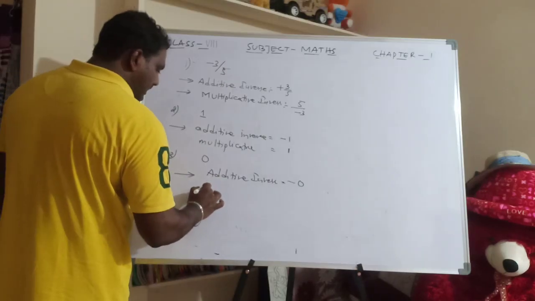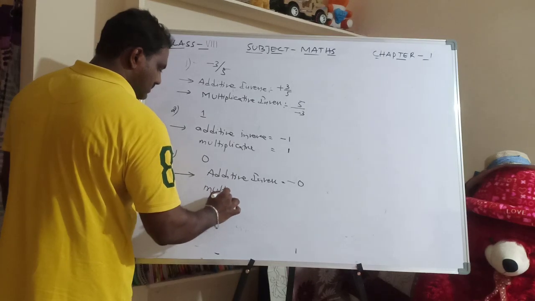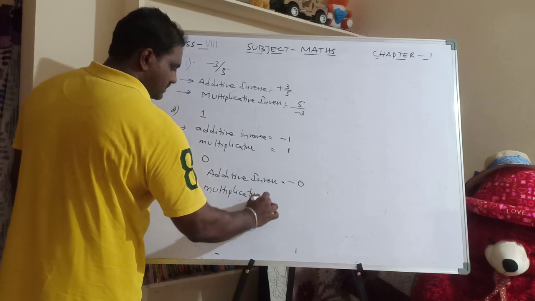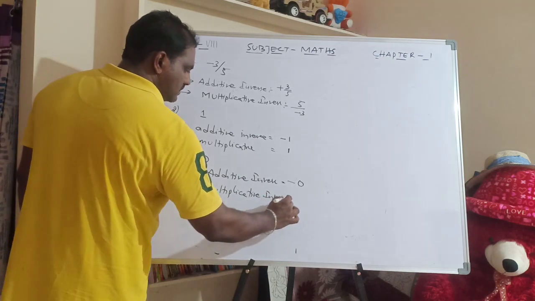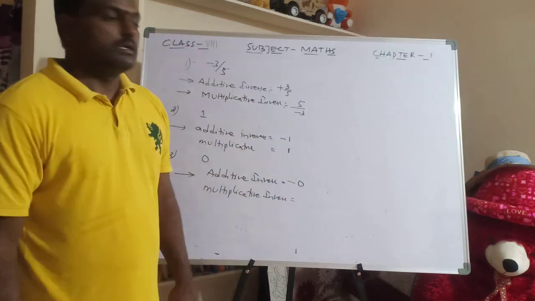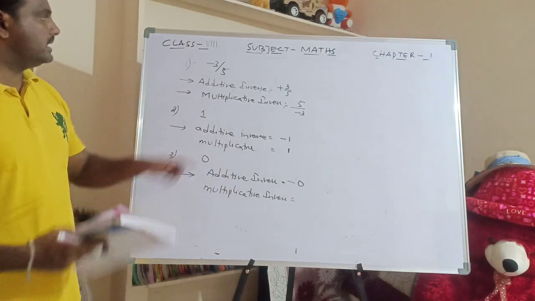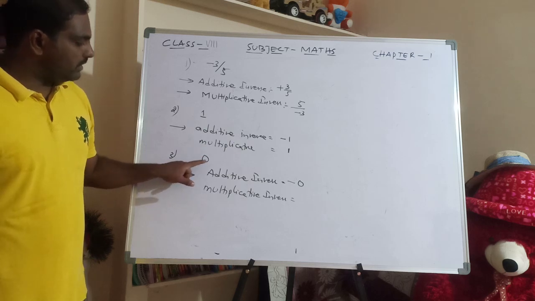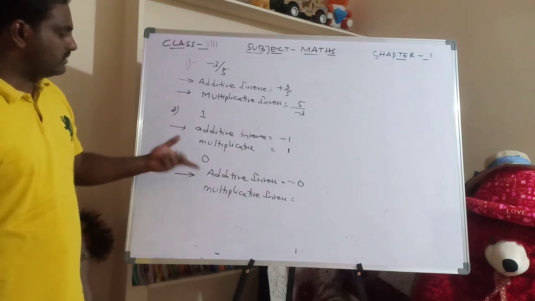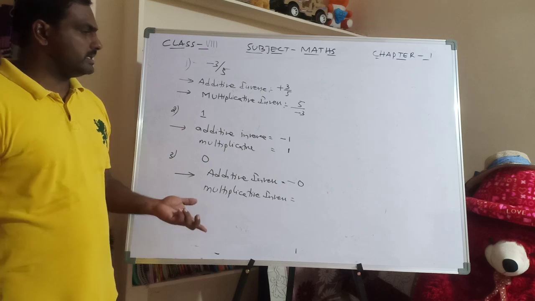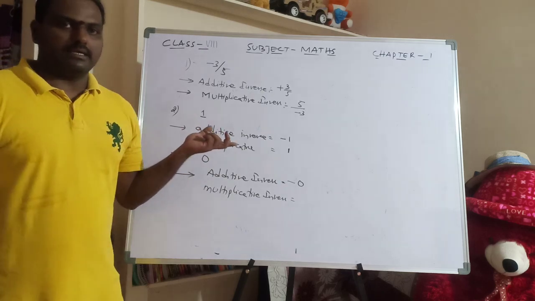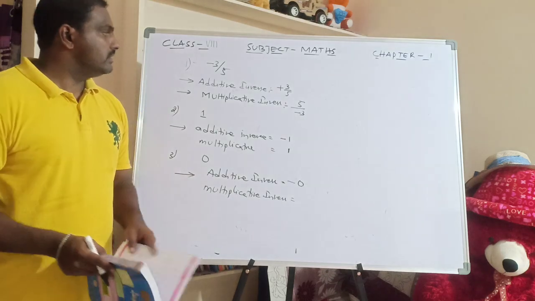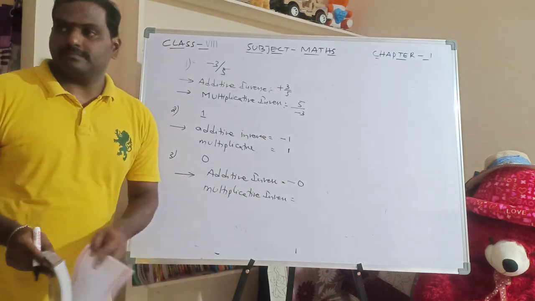Next, its multiplicative inverse. So what is its multiplicative inverse? As I told, for minus 3 by 5 we write it without changing the symbol. So what number do we place here? 0 by 1 we can take, 0 by 2, 0 by 3, 0 by 4, any one we can take. So in that case, how do we identify the value of the inverse in this case?